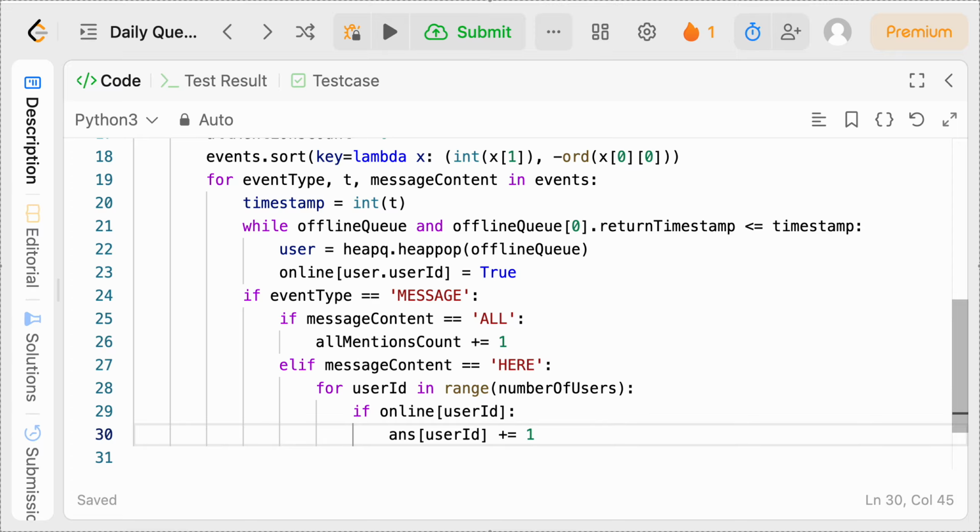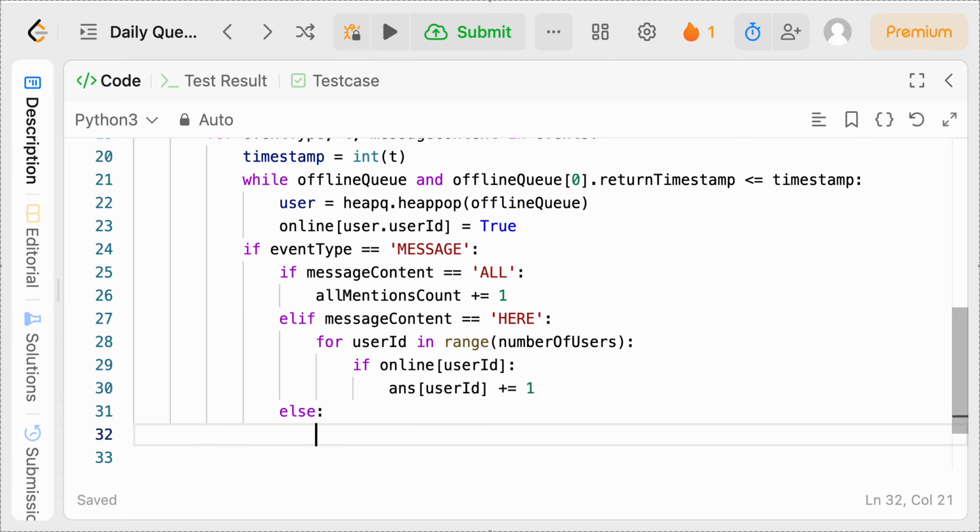Now, if neither of these event types are true, in the else conditional here, if message content isn't message, or here if it's a specific mentioned list and it's more formatted like U3, U0, or U12, well then we actually have to process it by going through every user ID and the message content after splitting it. So basically the way that would work in terms of syntax is int, and I'll explain this once I actually finish typing it out, from index 2 till the end